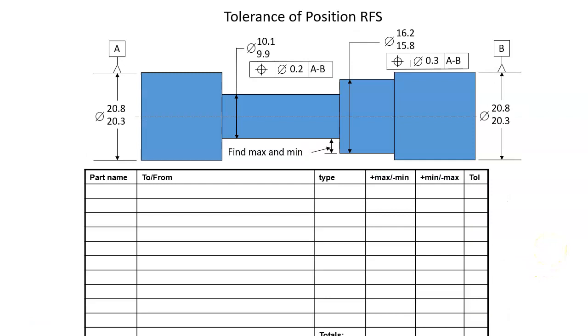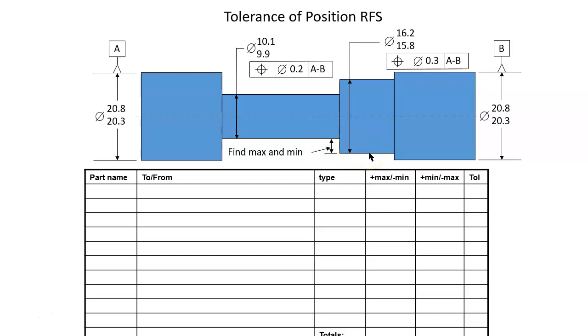Now we're into tolerance of position. We'll start out easy. First, regardless of feature size, and it's regardless of material boundary. In this case, there'd be no shift anyway, because our two tolerances of position are a simultaneous requirement. But anyway, easy RFS. So what are we doing? We're looking at going from the bottom of this diameter to the bottom of this diameter. So we're going to have to